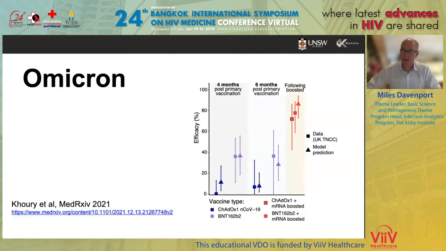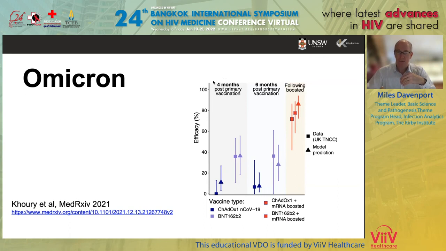More recently, and this was done just before our Christmas and summer vacation, we aggregated data on Omicron neutralization from several studies that had come out as preprints at that time to look at what the average drop was, as I said, about 10-fold, and then to predict efficacy for different vaccines. So this is just a summary of that, where you can see the model prediction for different vaccines.